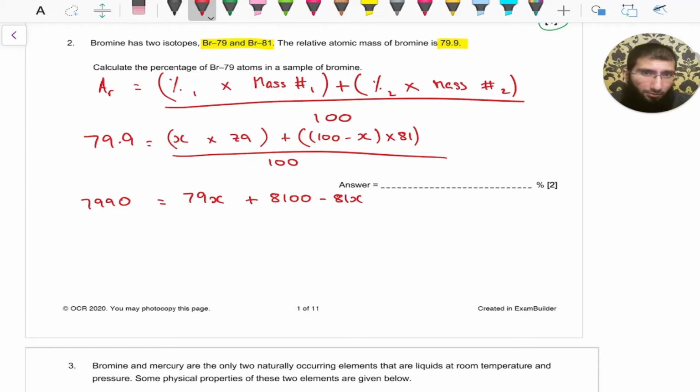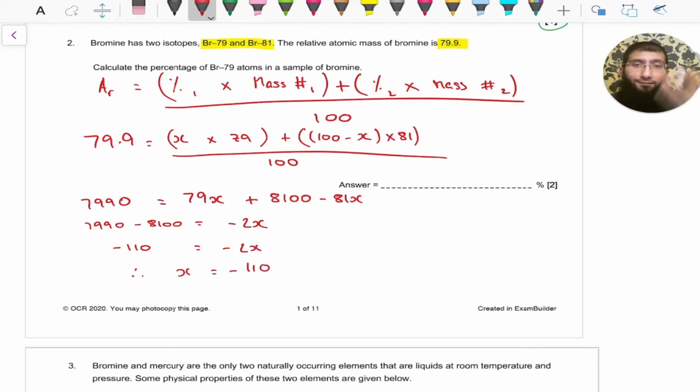So now again, let's gather the like terms together. So I'm going to move the 8100 to the other side. So 7990 minus 8100 is equal to 79X minus 81X, which is minus 2X. So that's equal to minus 110 is equal to minus 2X. Therefore, X is equal to minus 110 divided by minus 2. So that gives us, in this case,